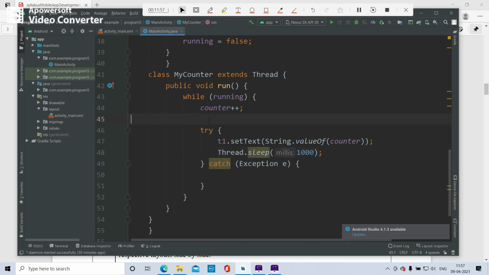Inside the try, it is given to set the text of text box 1 with the value of counter.